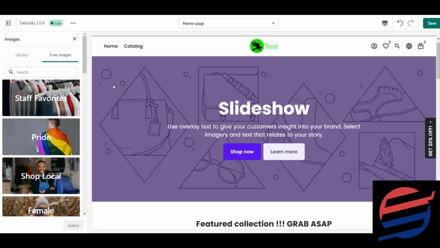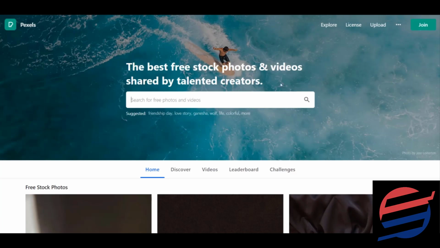websites related to stock photography, which means that there are plenty of free pictures taken by photographers, and they have uploaded these pictures for people to use for free. So you really can use these pictures in your website if you want to. One of the websites related to stock photography that I know is Pexels. I have already opened Pexels for you, and you can see we have lots and